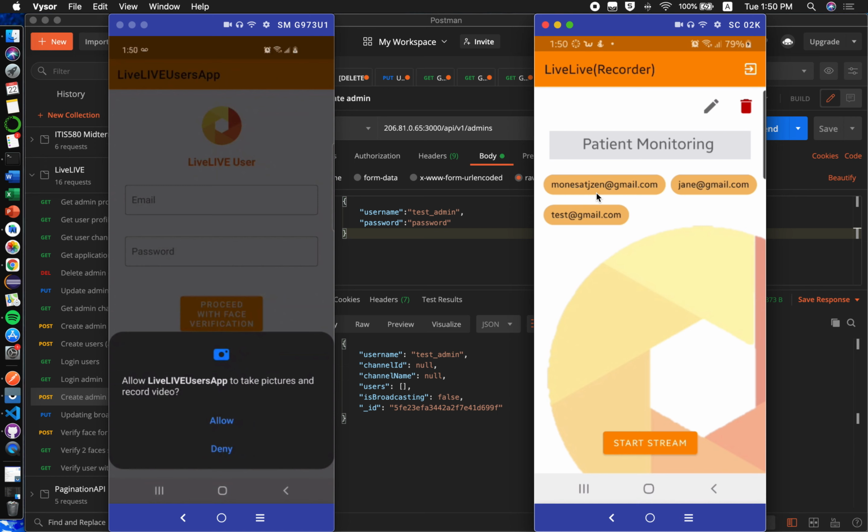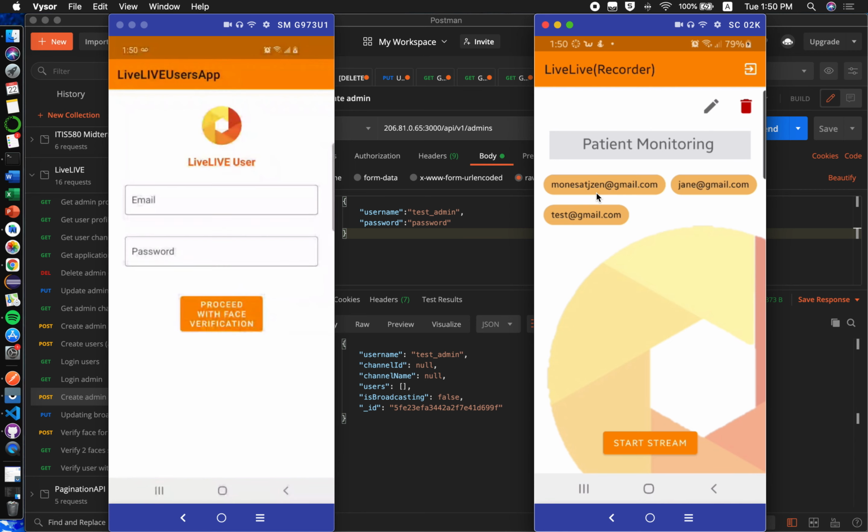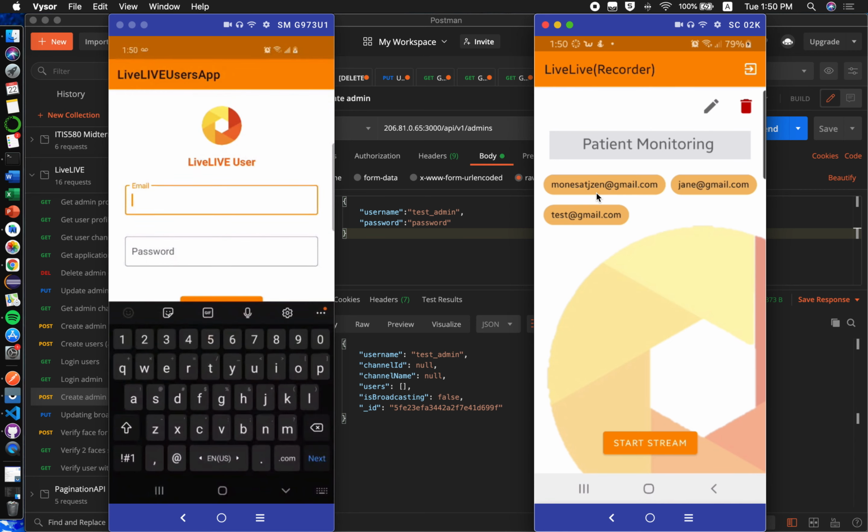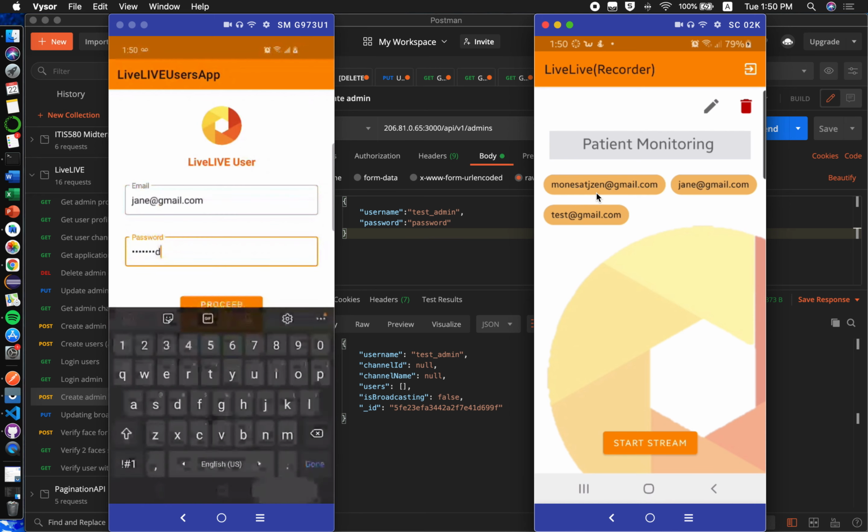Okay. So let me go into this users application and demo it. For this we have to take pictures. We have to allow permissions for taking pictures because it has face verification. So I'm allowing it, and the user which we have created is jane@gmail.com, and the password.